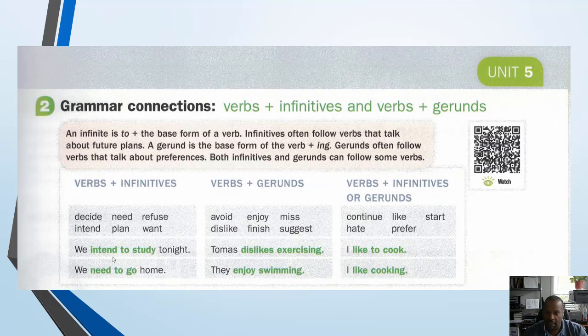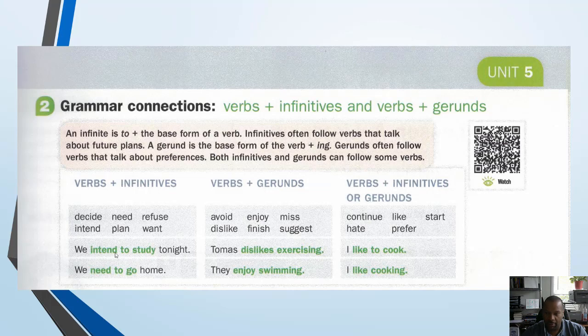We decided to study tonight. We needed to study tonight. We refused to study tonight. We intend to study tonight.